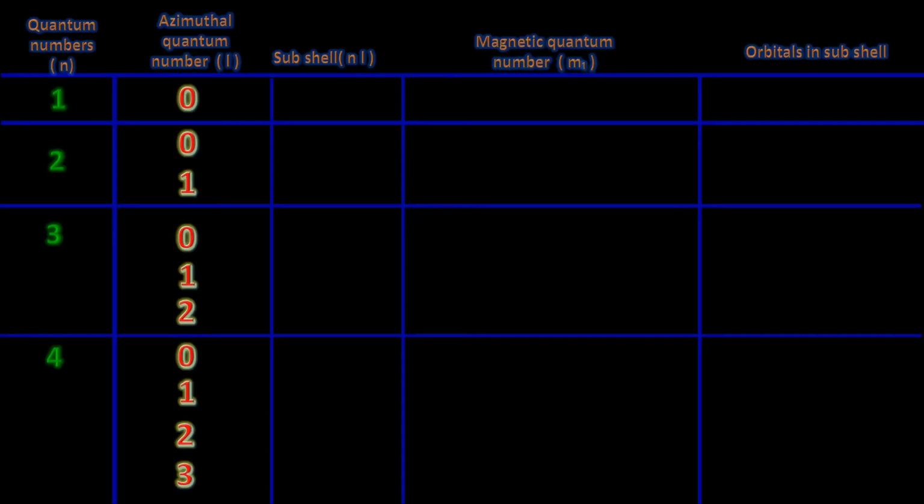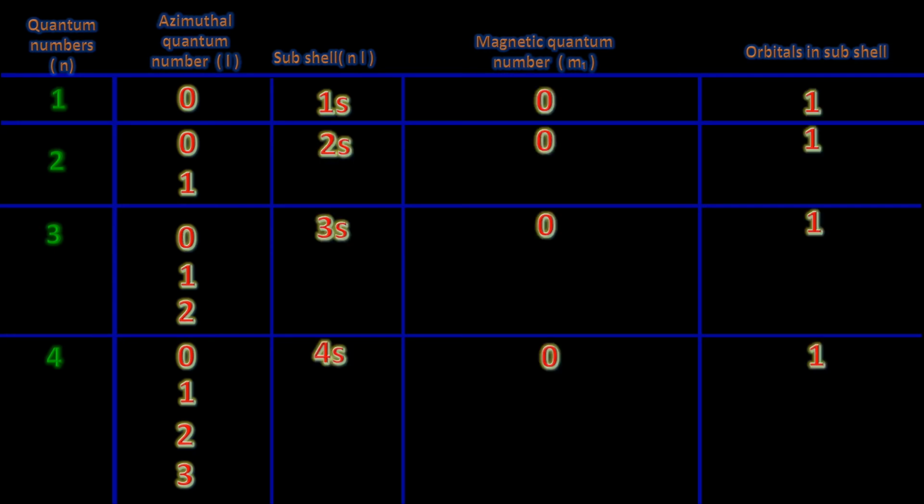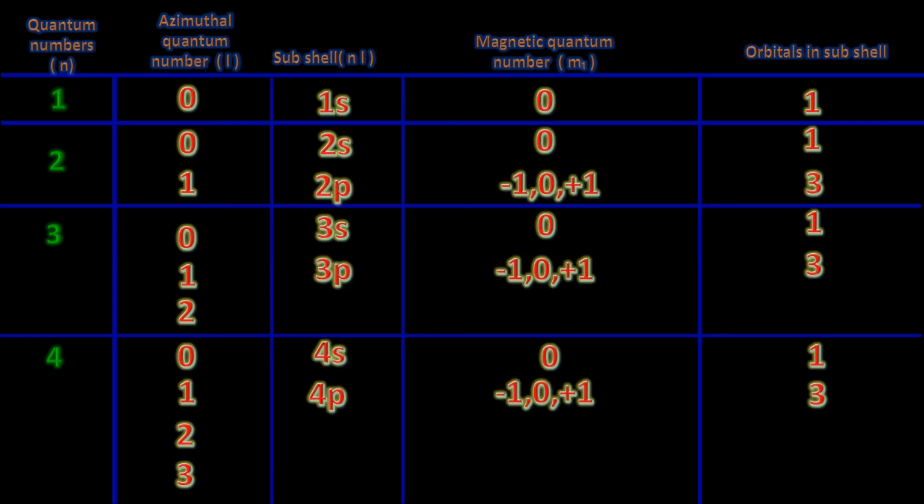Now, principal quantum number 1 gives the L value 0, that is the subshell 1s with magnetic quantum number 0, and the number of orbitals in it is 1, occupying 2 electrons. Look at this. The 2s orbital has magnetic quantum number 0 with 1 orbital in the subshell, and its capacity of electrons is 2. And for L equal to 1,